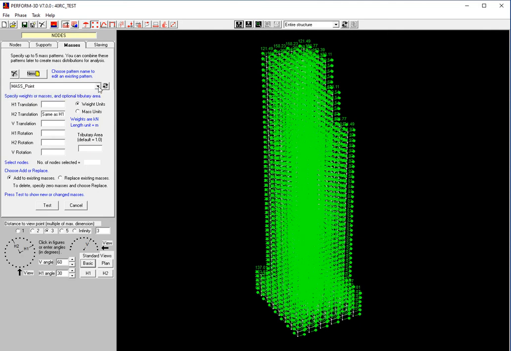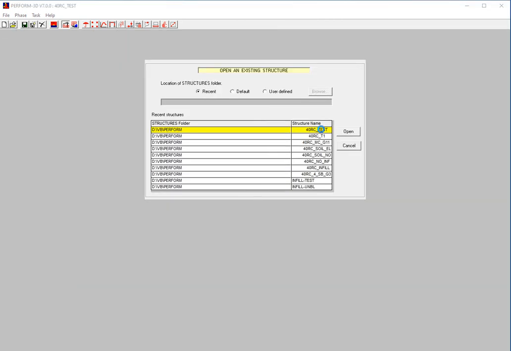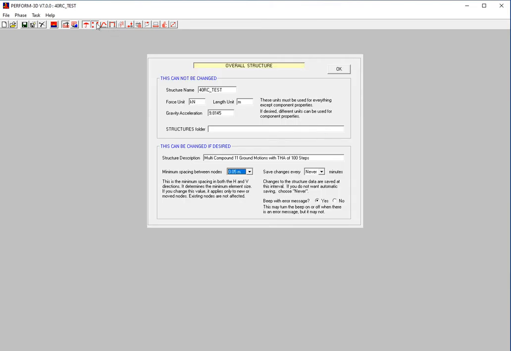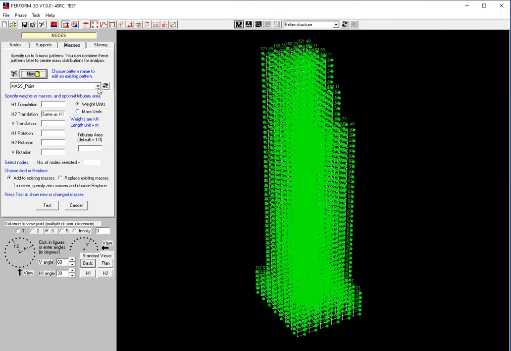Now you cannot see it, just reopen. And check at the mass. Now PX has come. Mass from PX. So if you don't have any mass, you can use this option to assign the mass also.